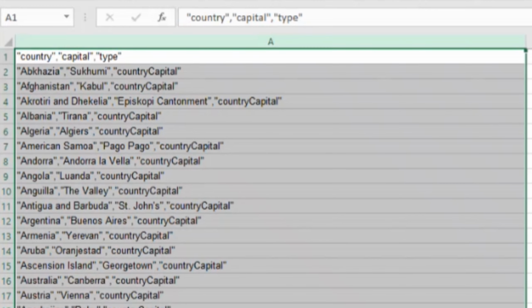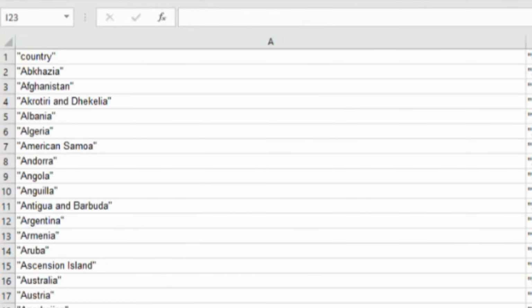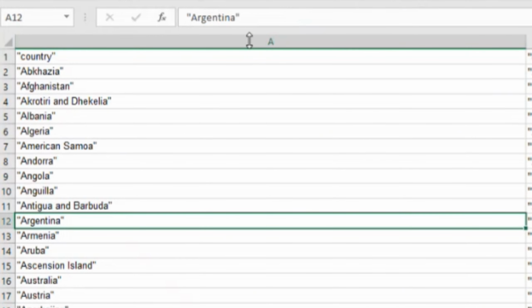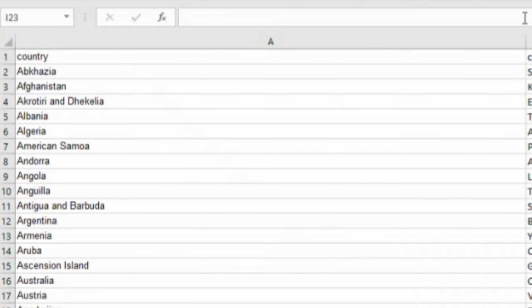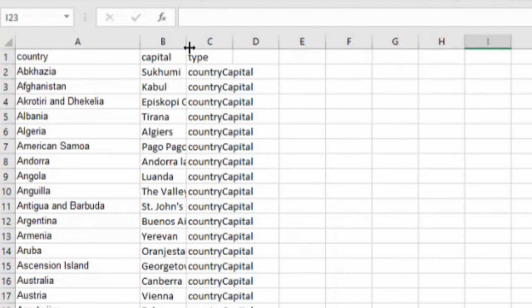So I'm going to undo that for a second, and I'm going to show you, if I were to do none, this is what I get, the result with the quotes in, which probably isn't what you were looking for. So we're going to do that one more time the right way. Okay. So now